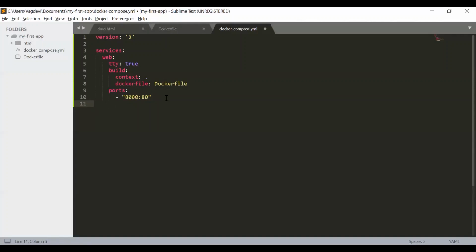Now, as discussed, volumes colon, hyphen, space dot slash html colon usr slash share slash nginx slash html.